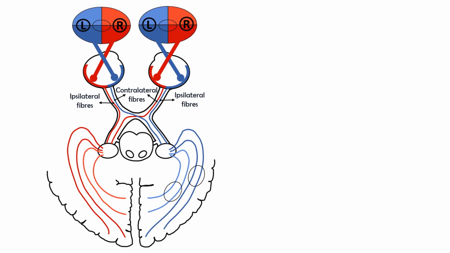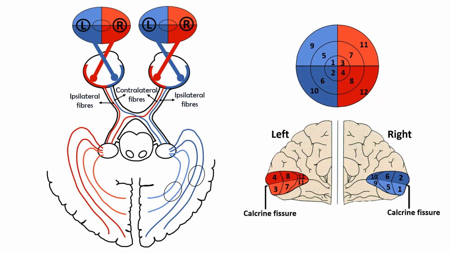How these fibers are arranged in the visual cortex is one more important thing to remember. Look at this. Here you can see that the most central area, or macular region, is located most posterior in the visual cortex, represented as numbers 1, 2 in the right visual cortex and 3, 4 in the left visual cortex. Then the paramacular region is anterior to that, and the most peripheral region is in the most anterior area. You will better understand the whole concept of this when we discuss visual cortex lesions.